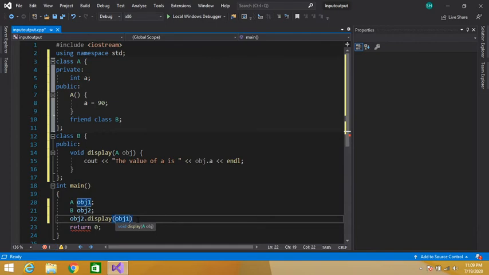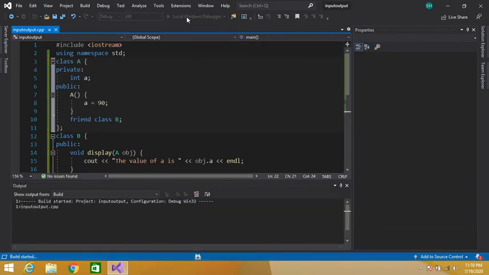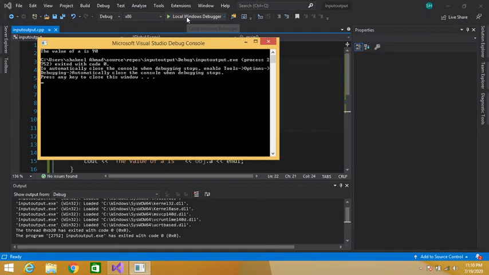See, in the definition we are passing an object of class A as a parameter. So here we have to pass object 1, that is the object of class A, as a parameter. Okay guys, let's execute this program. So the value of A is 90.